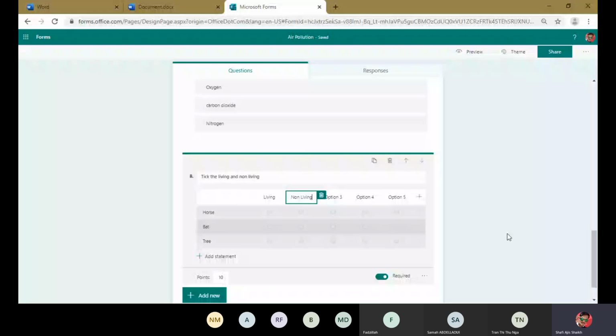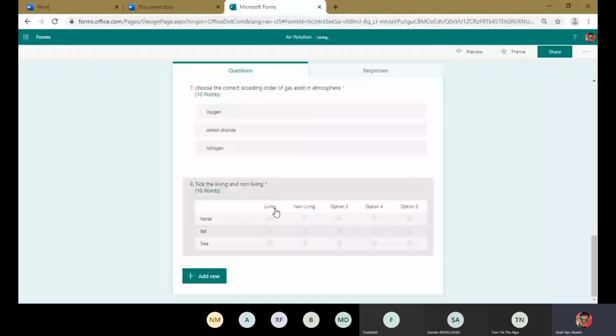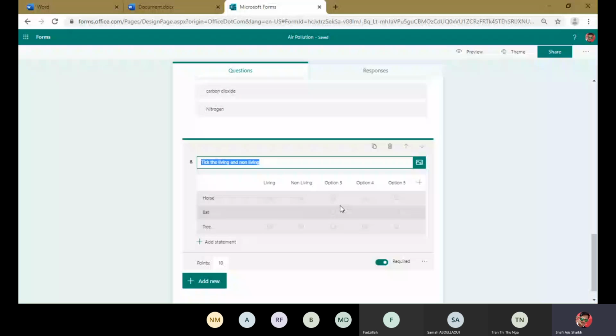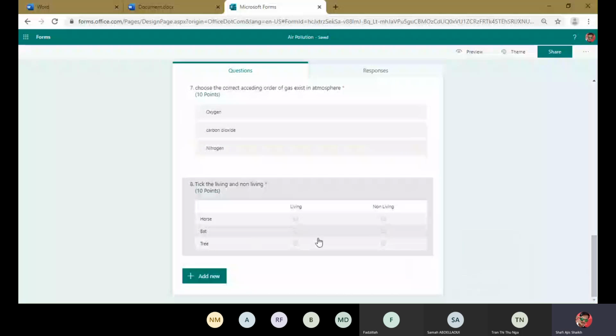Okay. So I have chosen living and non-living. I don't want to put this option 3, so I can delete it by a simple click here. Okay. Yes, in this way. This was the type of question where we can give many options for one statement.